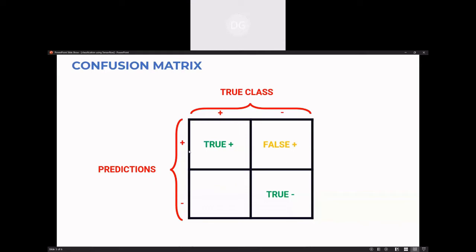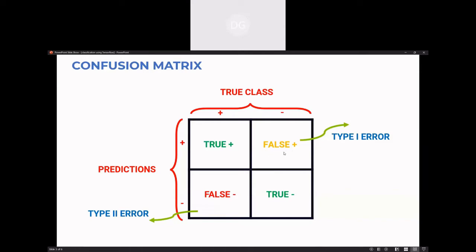Why? Because what has happened is the predicted value should have been positive, but it is not. It is a negative comment, like that we can take. Whereas this should be taken into consideration. Why? Because it is predicted as negative, but it is a positive thing. So if you are taking it with an exam, that's why we call it type 1 error and type 2 error. Type 1 error can be ignored to some extent.